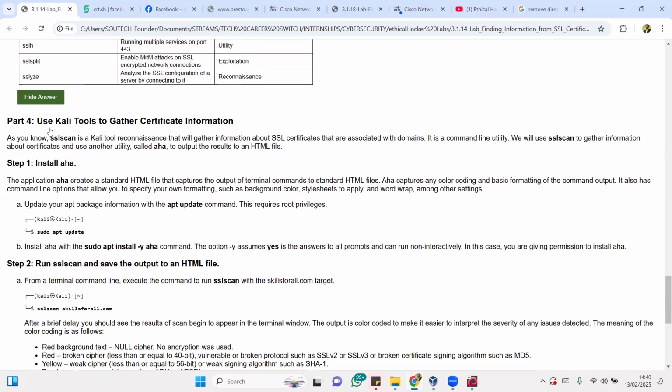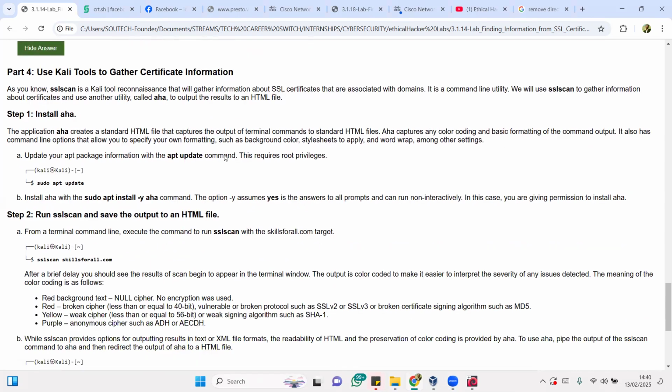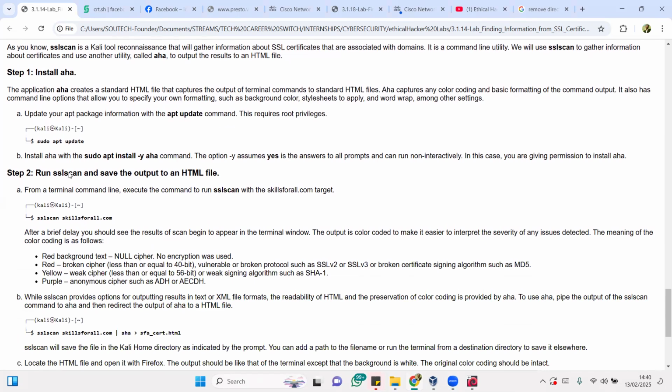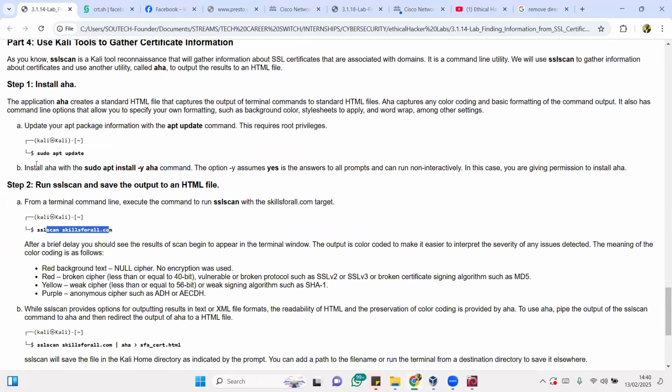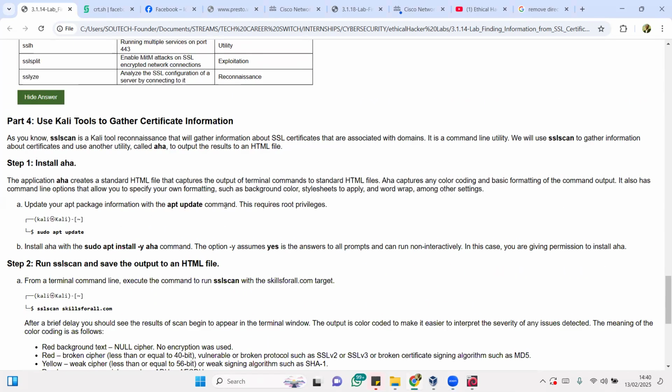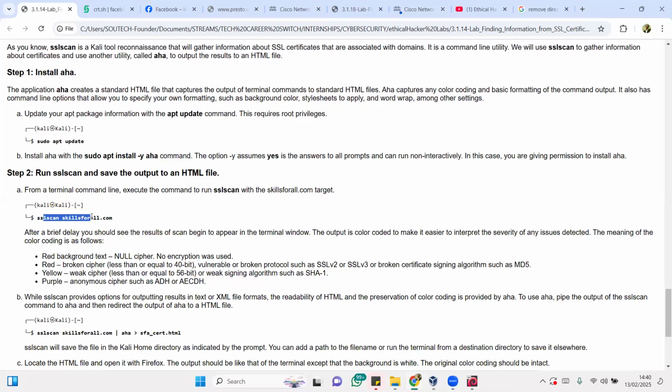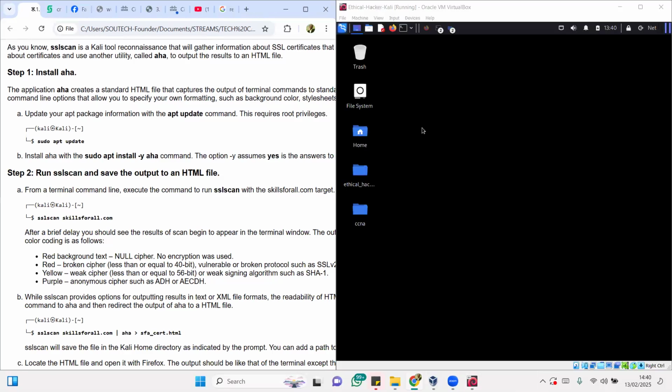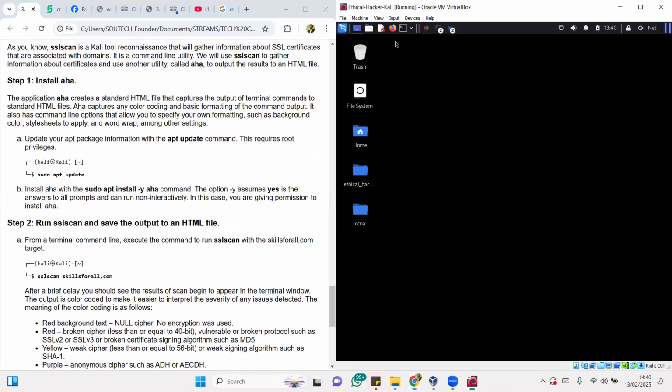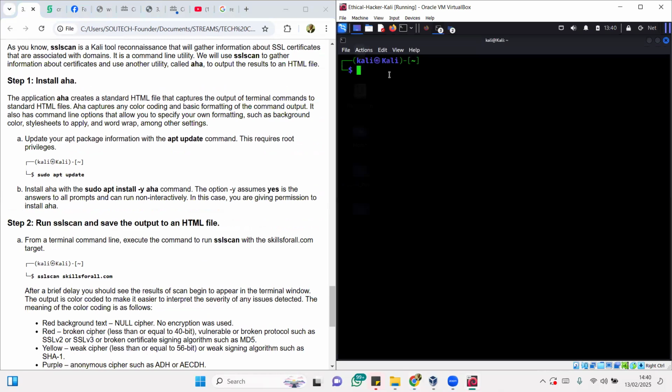Now, you also have in part 4, use Kali Linux tools to gather certificate information. One thing you want to do is first update your Kali Linux before you run each of these scans. This is sslscan, the first one. This is what the command looks like, right? You can update so that it's updated before you run it. I can go to Kali and run sslscan and I say